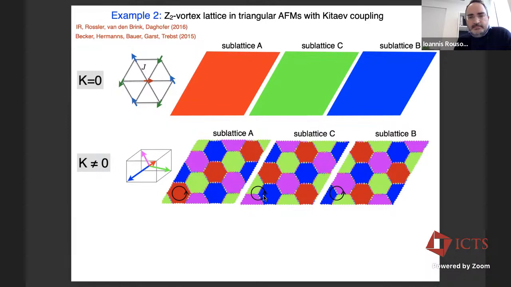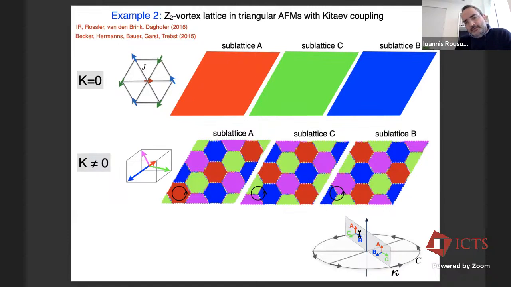But then what you see is that the sublattice C and the sublattice B spins rotate around the direction of the sublattice A. They do a complete rotation. One way to think about this is that in that region, if you draw the ABC local structure of the triangular antiferromagnet, as you go around the center of this honeycomb, that plane rotates by 2 pi, and then this vector chirality completes a 2 pi cycle, and that is known as a